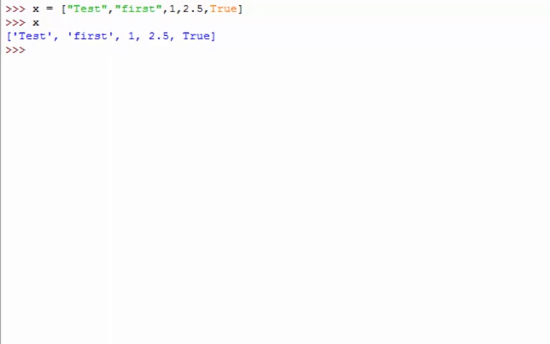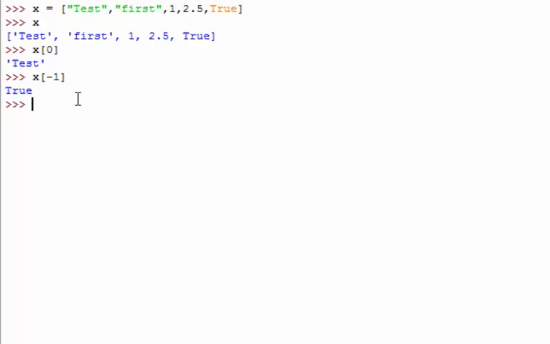List is mutable. Mutable means you are able to modify the content of the list, you are able to change the content. But before modifying the list, let's see how to access the elements of a list. To access the elements of a list, we use an index. If I write x of 0, we can retrieve the first element. If I write x of 1, the second element, and so on. You can also write a negative index. This is how we are able to retrieve the values of a list.